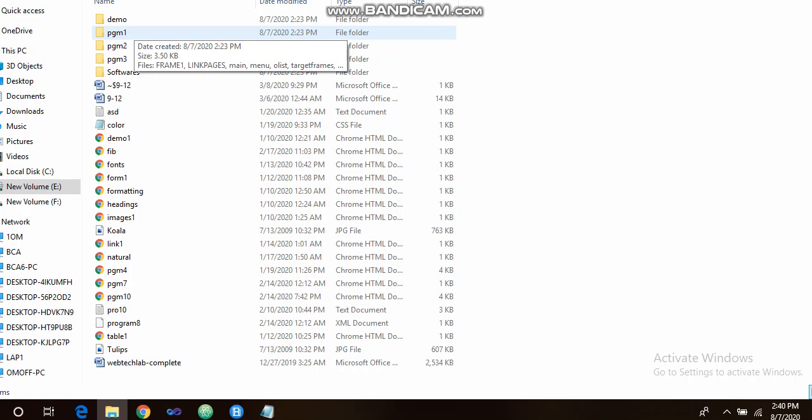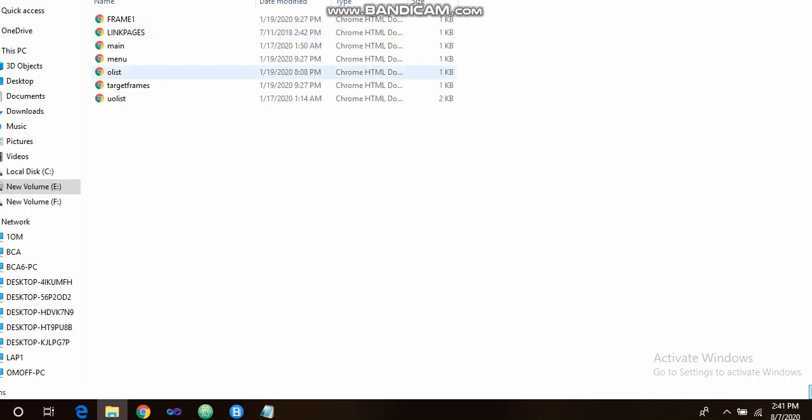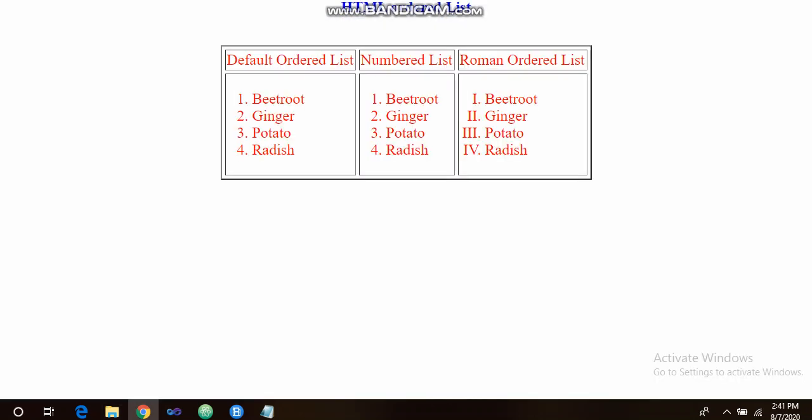When this program comes, you first create one folder. After creating the folder, in this program number one folder, you create these files. First, create an ordered list file. When you execute this ordered list file, you will see that there is a utilization of the table tag also.